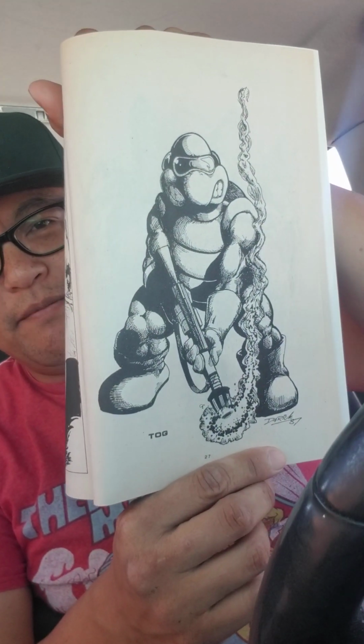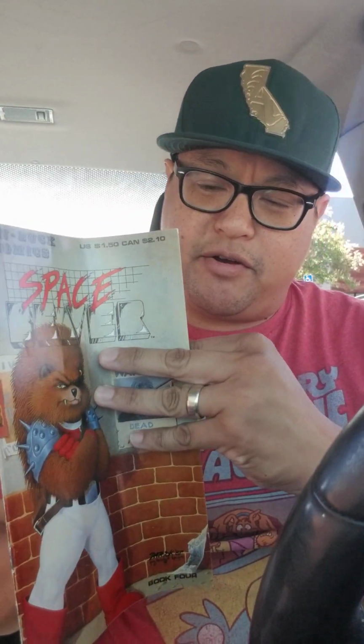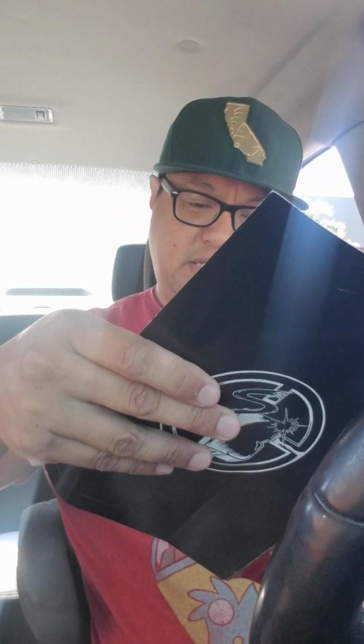And let's see if I can pull up, yeah, this guy right here. His name is Tog. See, look at that. That's like a pin-up in the back of the book. Looks super cool. And like this guy, his name is Stinger, the hedgehog, and this is the